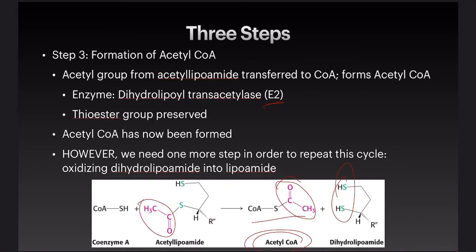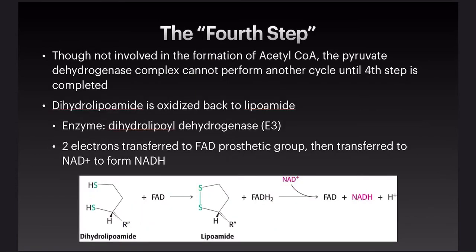However, we do need one more step if we want this pyruvate dehydrogenase complex to continue making acetyl-CoA, because we need our disulfide group back in lipoamide. So that 4th step that we're talking about is not directly involved in the formation of acetyl-CoA, but the pyruvate dehydrogenase complex can't perform another cycle until the 4th step is completed. And in this step,